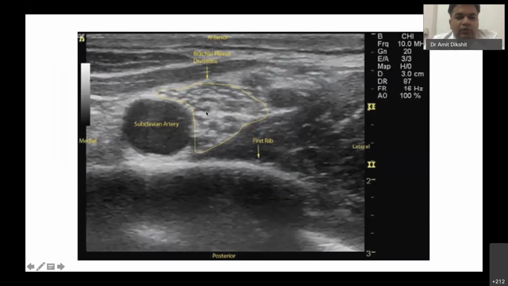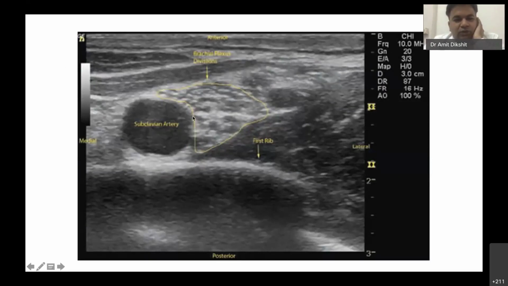Now, why we are moving towards ultrasound guided block is because of easy reproducibility. I have realized this. I am trained in PNS as well as ultrasound guided blocks in my fellowship training, but I could see that my first year resident can do ultrasound guided block with a lot of ease and comfort. So today I'll be showing you some of my scanning videos.